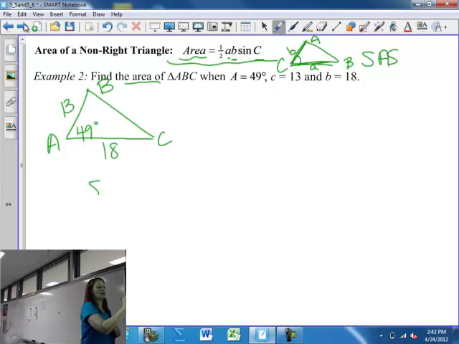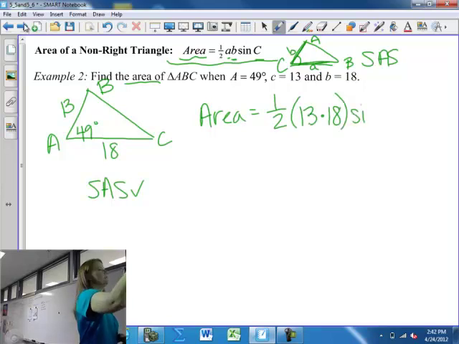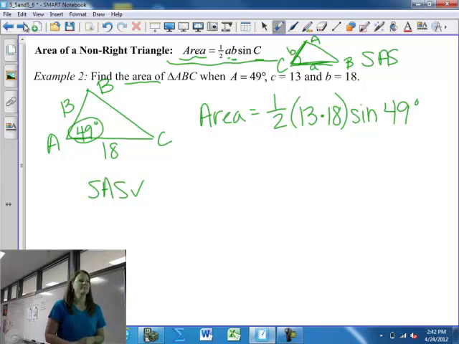So we do have our side angle side, and we are allowed to use 1/2 of the two sides times the sine of the angle. So area is simply that. It is 1/2 times the two sides we know, the 13 times the 18, and then we've got the sine of the angle in the middle, 49 degrees. Voila. And if you multiply that all out, you get